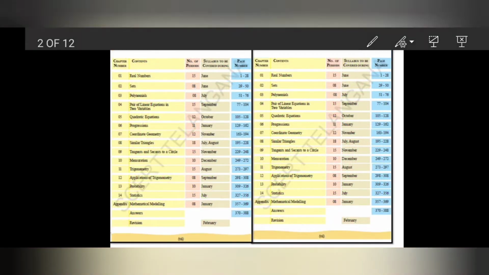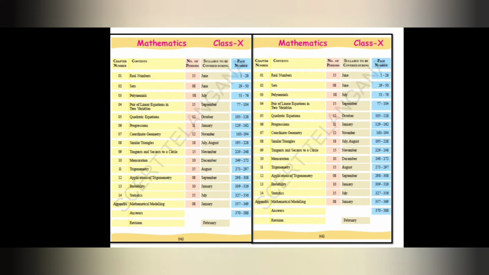I am here to introduce you to the topic progressions for the 10th standard, where we have arithmetic progressions and the general form of arithmetic progression and the nth term of arithmetic progression. Then we have the sum of n terms for arithmetic progression. Then it's followed by the geometric progression, the nth term of geometric progression with the general form of geometric progression. For the 10th standard in the index, we have the 6th chapter, progressions.